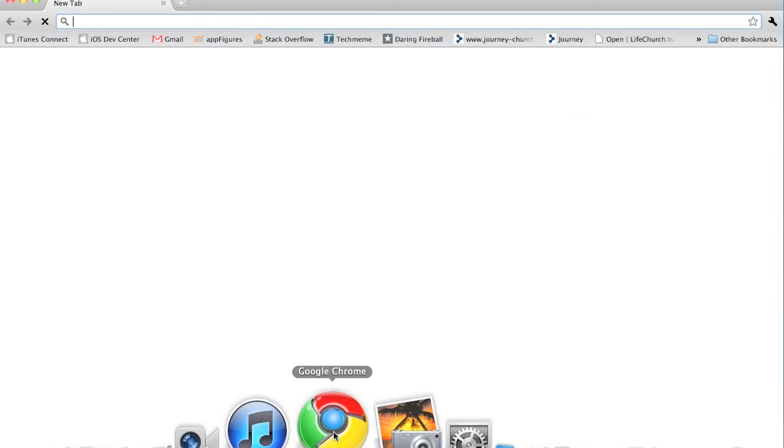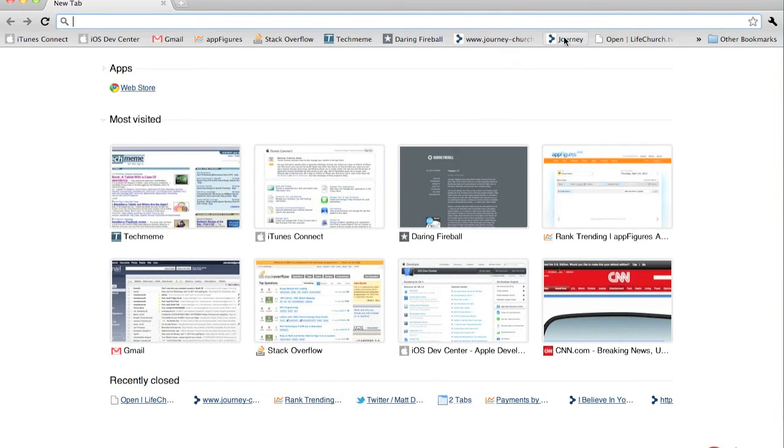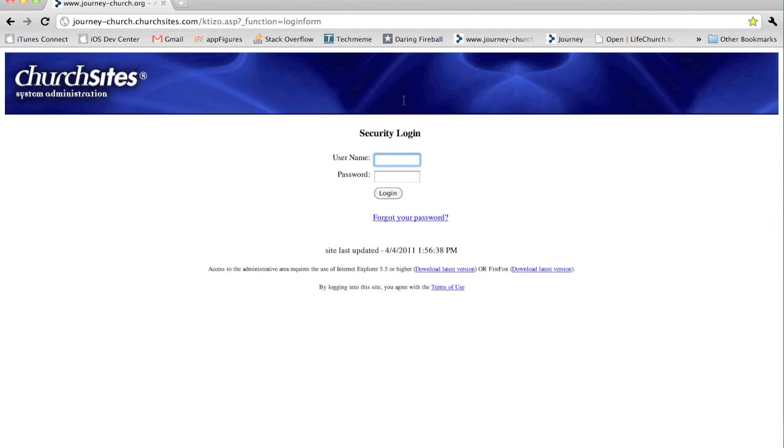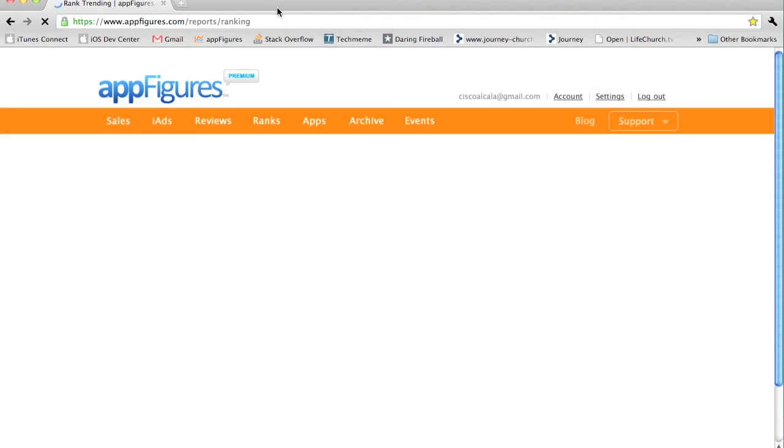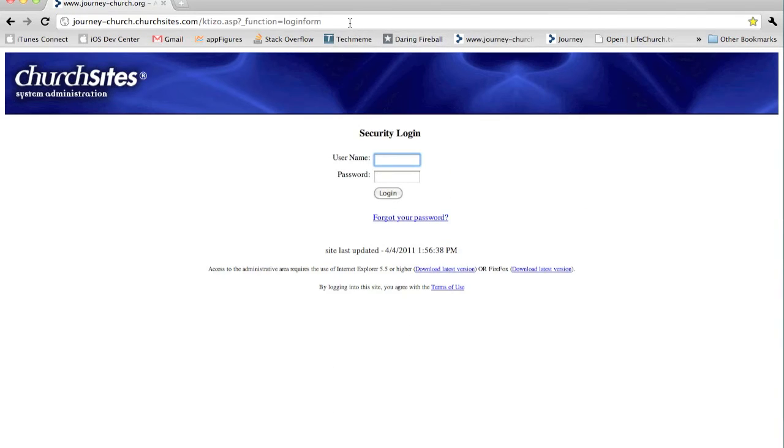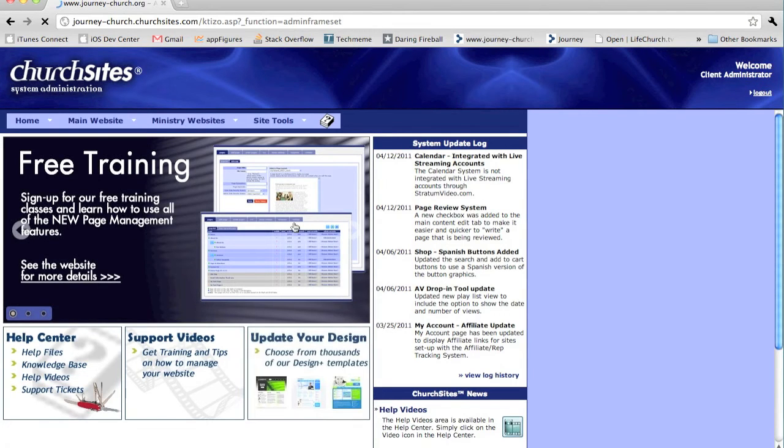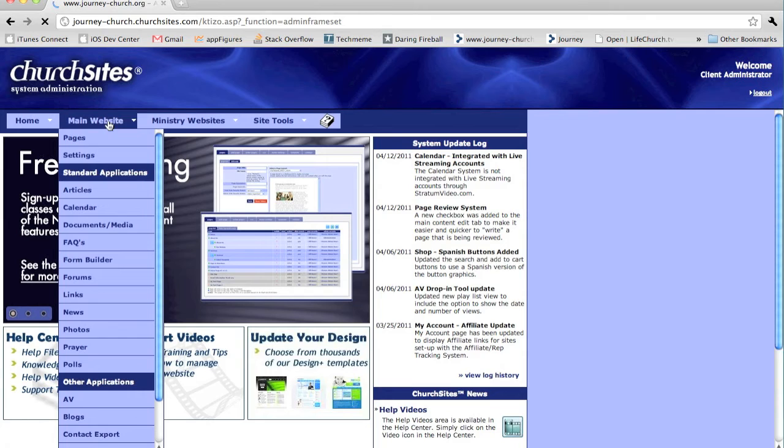So let's go back to the internet. We're going to go to our Journey admin page, which is up here. Sorry about that. So here's our admin page, journey.churchsites.com, and some other information. We want to use login. Okay, once we're in our admin page, we go to main website, we scroll down to AV,